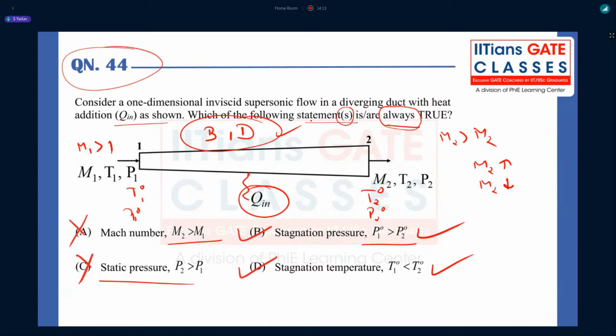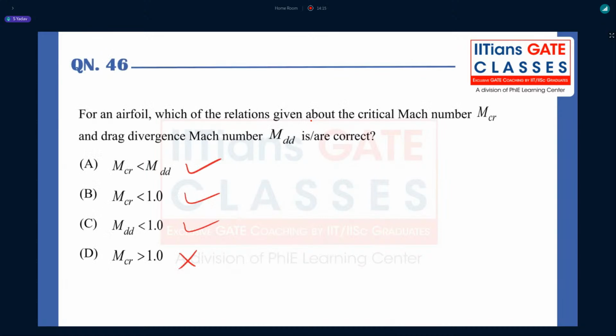Okay. So finally, we have a last question, even though it's really not a gas dynamics question, it's kind of aerodynamics, but since it was there in the list, I just marked the answer. So they're asking about the critical Mach number and drag divergence Mach number relation. So if you guys remember,